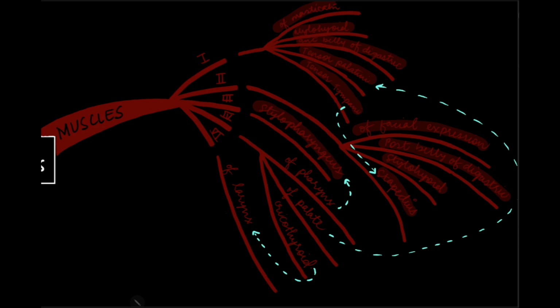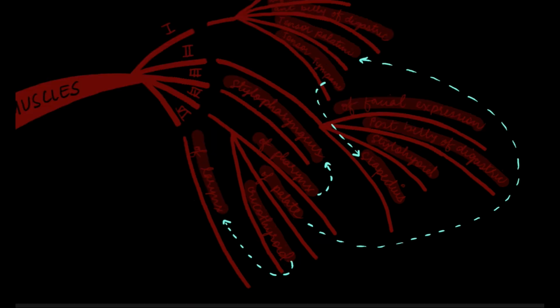The fourth pharyngeal arch gives rise to the muscles of pharynx, the muscles of palate and the cricothyroid muscles. Finally, from the sixth pharyngeal arch, we have the muscles of larynx. As you can see, it is kind of difficult to remember all these muscles. Hence, to summarize and make it simpler, let us focus on specific groups of muscles. For example, the muscles of larynx.